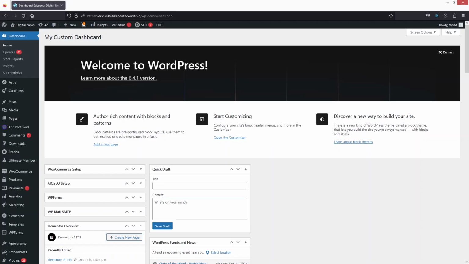Hi everybody, today I'll show you how to customize the login page in WordPress. So let's just begin. To create a customized login page in WordPress, what we need to do,